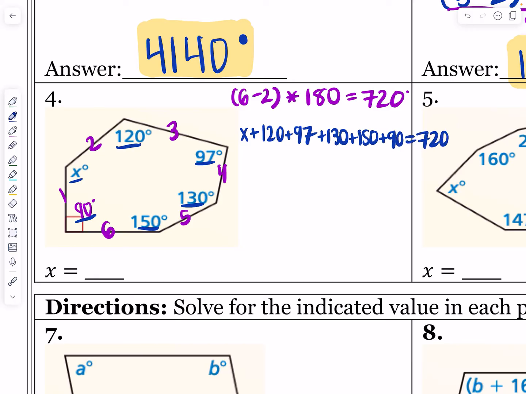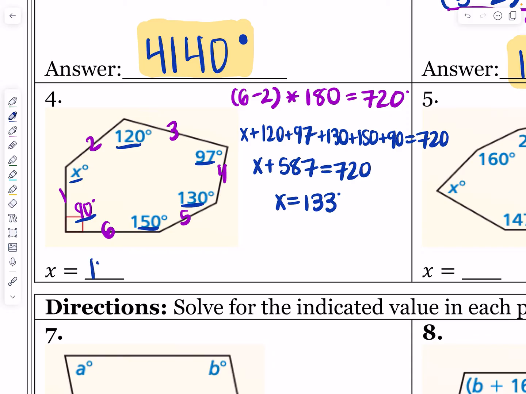And then we're just going to do some quick calculations in our calculator to add all of that together for our like terms. 120 plus 97 plus 130 plus 150 plus 90. I got 587, I believe. So x plus 587, what I've spent on the rest of those angles, equals 720. So what is left for x? That's going to be 720 minus 587, and that is going to give me 133